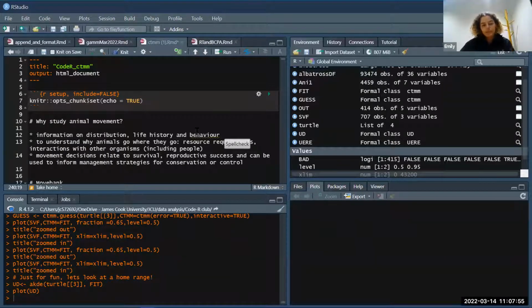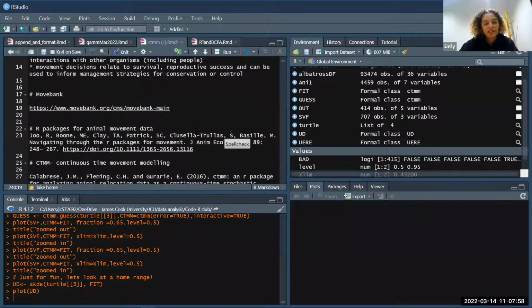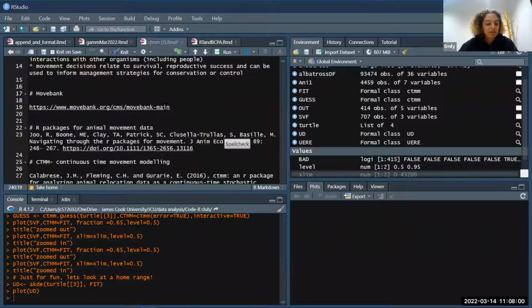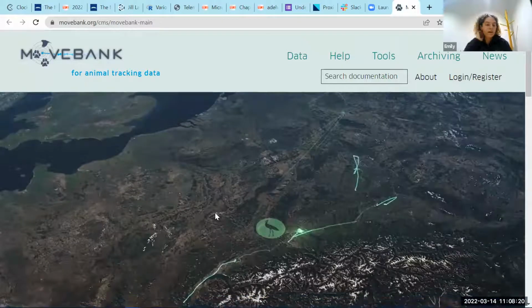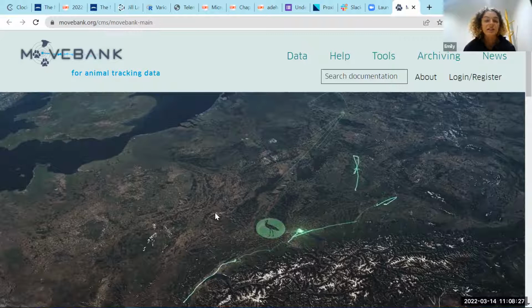pest species. I just want to point your attention towards a little resource, which I'm not sure if anyone will be familiar with, but it's MoveBank. So if we follow this link to MoveBank, it will take us to the homepage of this website, hopefully. Yeah, there we go. So MoveBank is an online platform that has come about as an initiative to